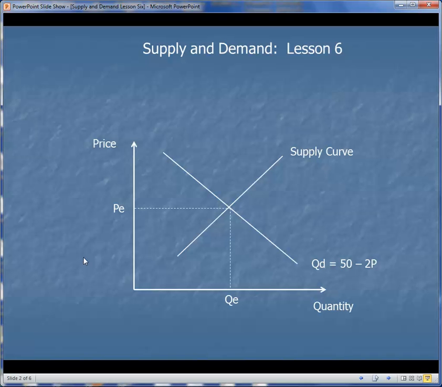Let's do the same thing for the supply curve. So we erase the term supply curve and instead insert an equation that describes the relationship between the quantity supplied and the price. Now, with these two equations, it's possible to find the equilibrium price and equilibrium quantity. You probably should stop this video at the moment, go ahead and work it out, and check your answers against mine. But if you set the quantity supplied equal to the quantity demanded, you'll discover that the equilibrium price is